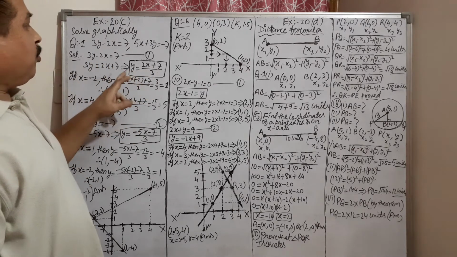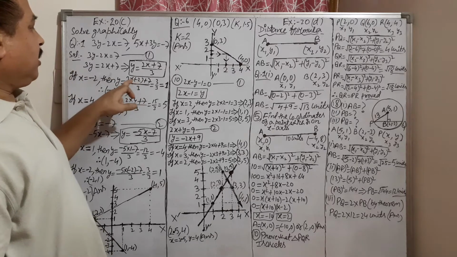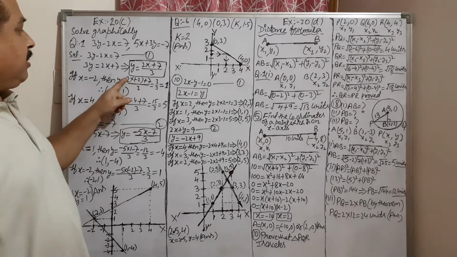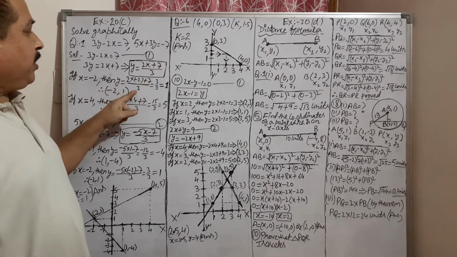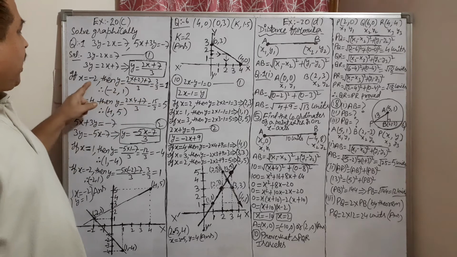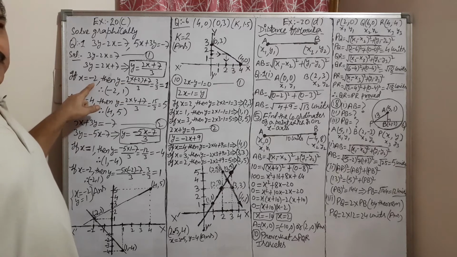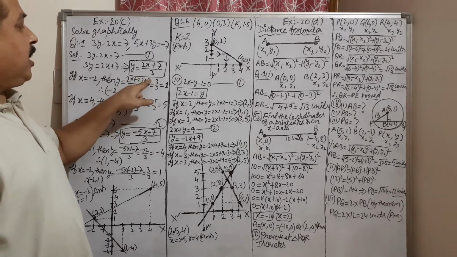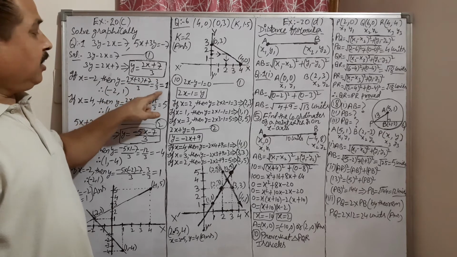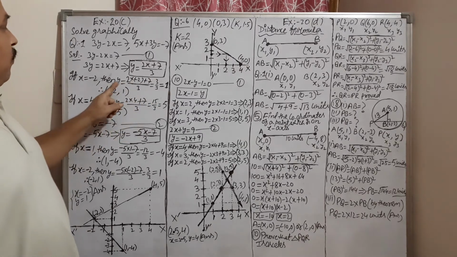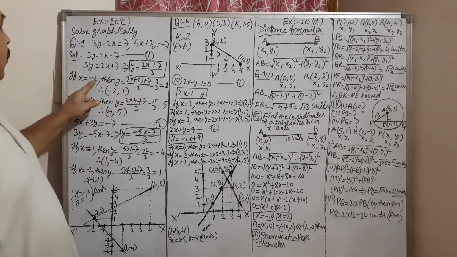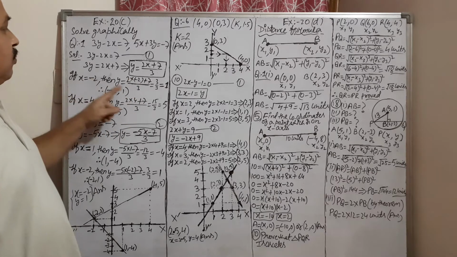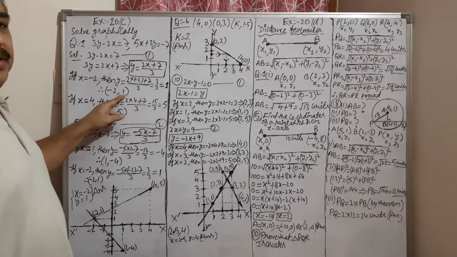Now start putting the value of x here. Remember this thing, take such a value of x that the numerator part should be divisible by the denominator. So I have taken x value as minus 2. So it will come 3, and 3 can be divided by 3. It is coming 1. So y value is coming 1, x value is minus 2. So what will be the plotting point? Plotting point will be minus 2 comma 1, first plotting point.